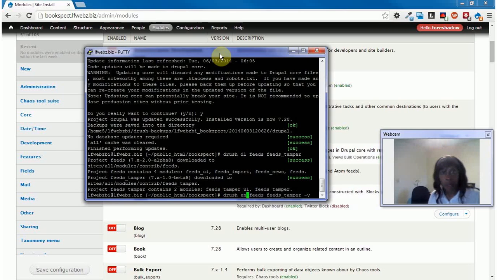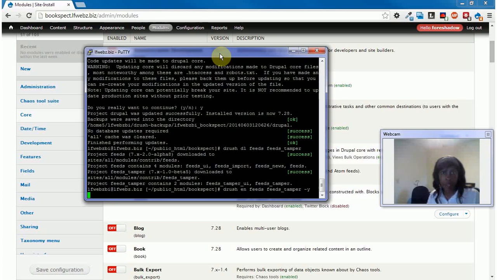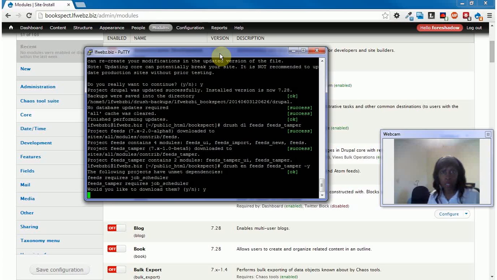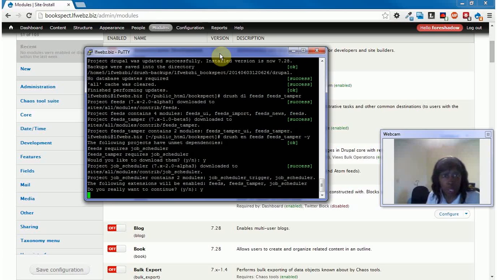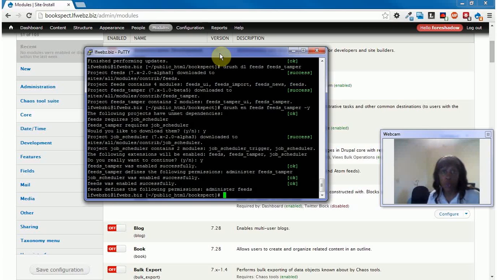All right. Okay, so what I'm going to do, I have downloaded 2 additional modules. I have enabled those additional modules. There's another module that they were dependent on, Job Scheduler, so it's gone in and downloaded and enabled that for me. I'm going to stop the video here and then pick up with part 2, where we will be pulling